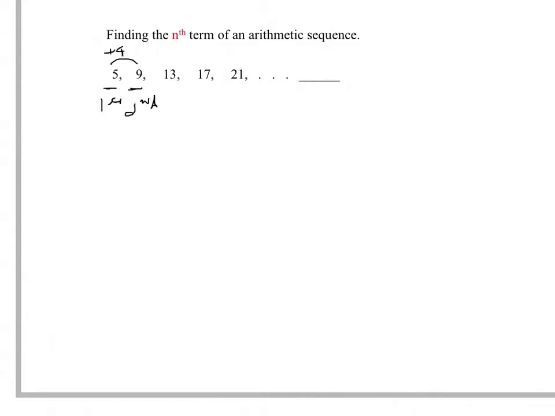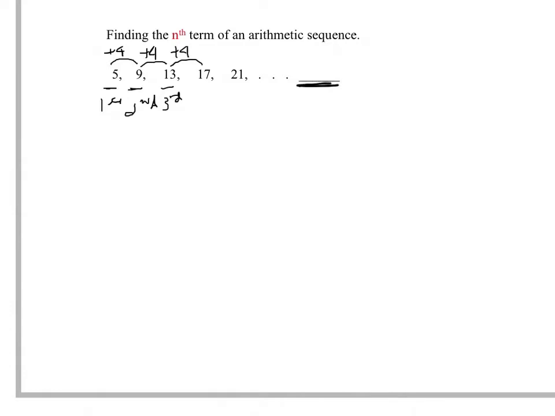Now, to make sure that it's an arithmetic sequence, does that pattern continue right here? To get from 9 to 13, yes, I see that we add 4 to get to 13. Okay, then I want to check that throughout. 13 to 17, yes, add 4. All right, so that looks like the pattern: we're going to add 4. So if 5 is the first term, 9 is the second term, 13 is the third term, the question is,